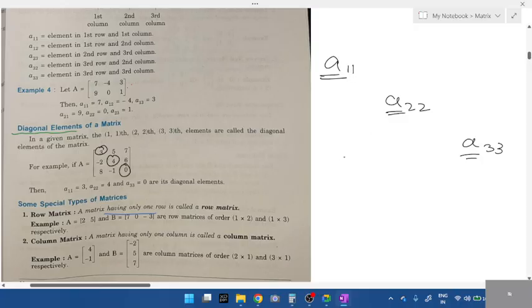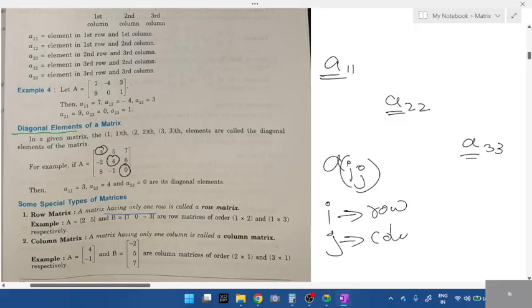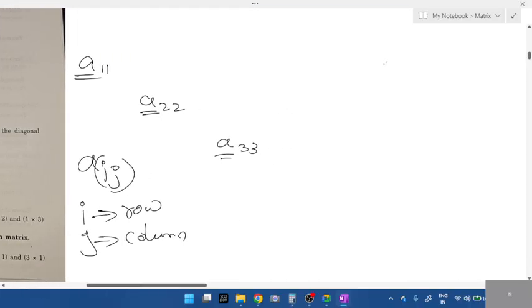This 1 and 1 we call i and j, the position. Write this, I forgot to mention, Aij, which means i stands for row, right? Make a note. i stands for row, j stands for column. In some textbooks, you can see them as A, R, and C. What does R stand for? Row, and C stands for column. Just write it like this: Aij is equal to Arc, row and column. Therefore, R stands for row, C stands for column. Okay. Next, diagonal is done.